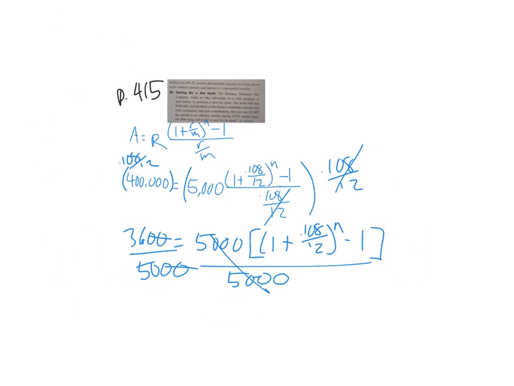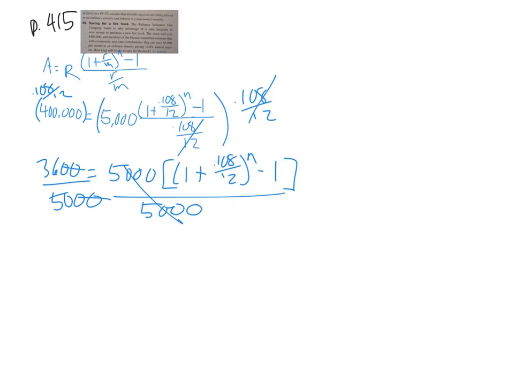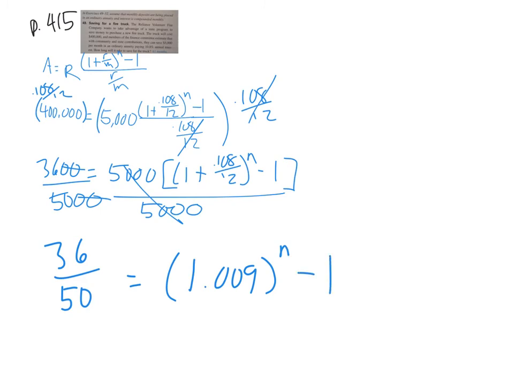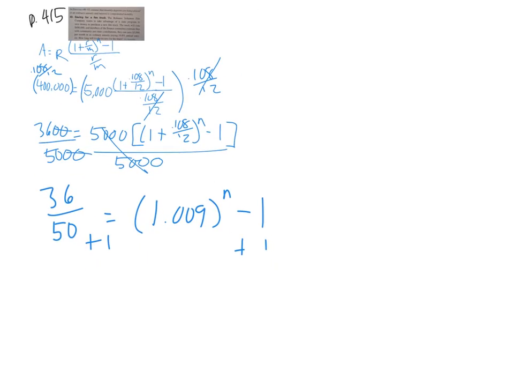So let me zoom out again. We've got 36 over 50 equals, if you plug in 0.108 over 12 and add 1 to it, you should get 1.009 to the n minus 1. Lastly, if we want to get this piece by itself, we have to add 1 to both sides. So we'll get 36 over 50 plus 1 equals